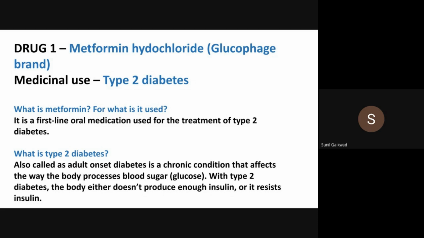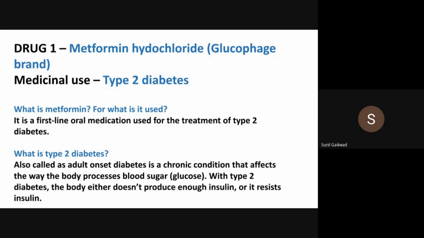So, what is the difference between a normal person and a diabetic person? When a normal person eats food, it is broken down into blood glucose, taken into the bloodstream, and then inside the cell to be used as a source of energy. To enter the cell, it requires insulin as a key, which is secreted by the pancreas, located just behind your stomach. Whenever there is a high glucose level in blood, the pancreas senses it and releases insulin, which lets the glucose enter the cells and be used as a source of energy.